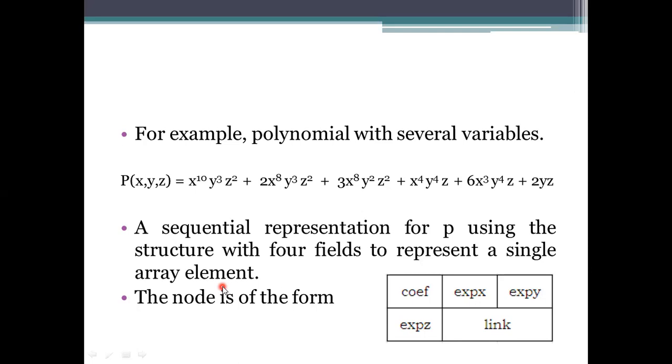But when we are using polynomials with several variables, it's not that easy to represent them with an array. So here we need to create a node.